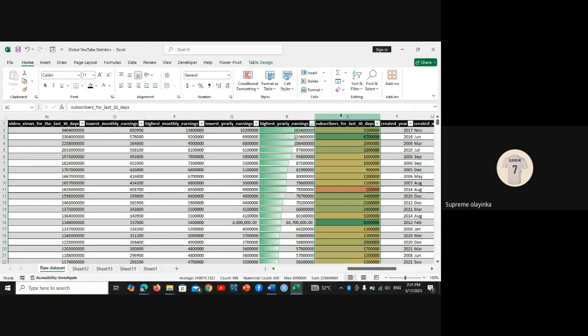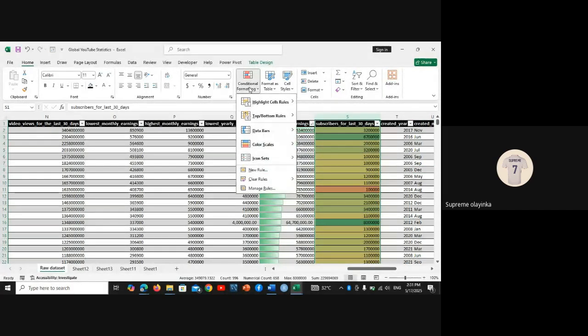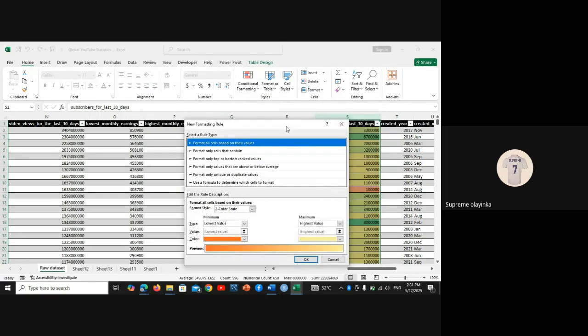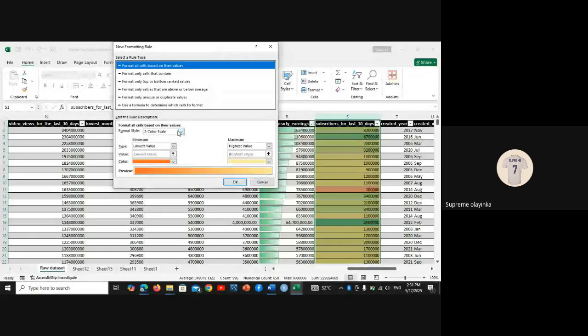So actually, if you want to know what exactly they mean, you can go to the color scale, then go to the marbles. Now we have the marbles. Now we have the two color scale. Now we are dealing with three color scales. So we have the highest value, which is green, then the midpoint, which is yellow, and the minimum, which is red. That means when we have something red, Excel has formatted it